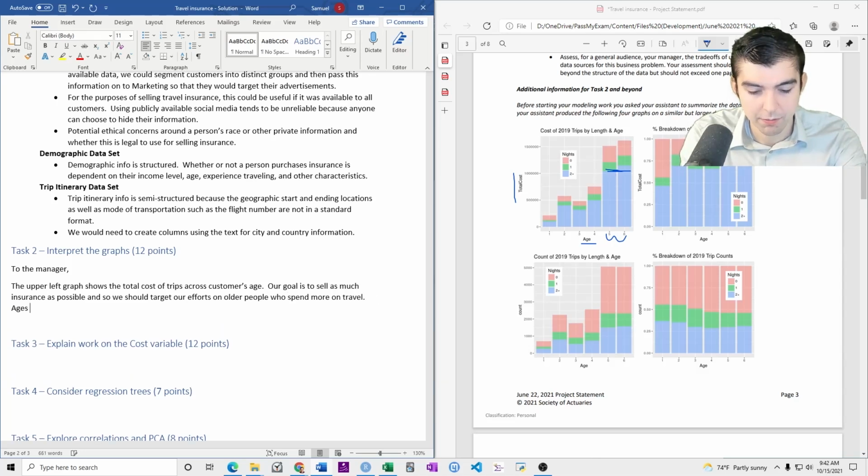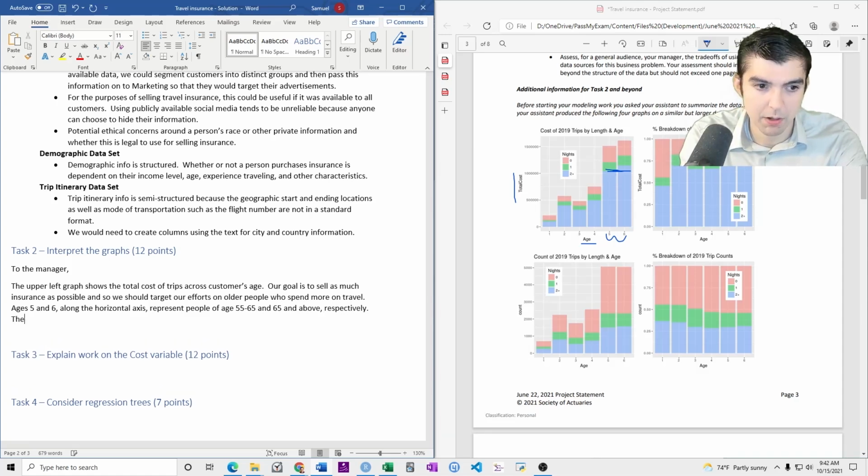Ages 5 and 6 along the horizontal axis represent people of age 55 to 65, and 65 and above, respectively. Bars twice as high as younger people.